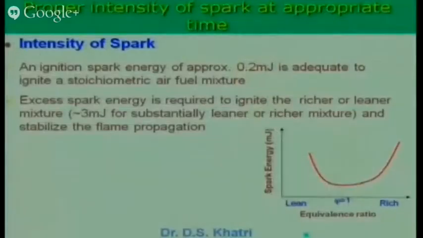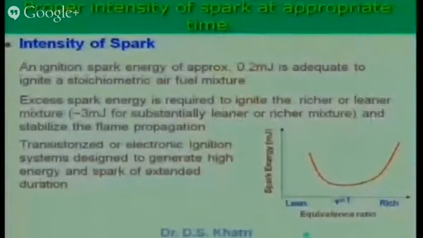Now when I am igniting that, I need a certain amount of energy to ignite. That ignition energy is known as spark energy or ignition energy. This is the energy which is given by the high voltage, which is produced by the ignition coil